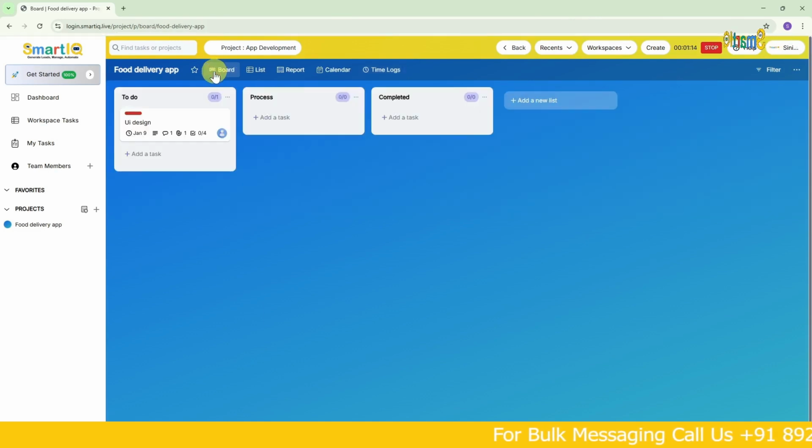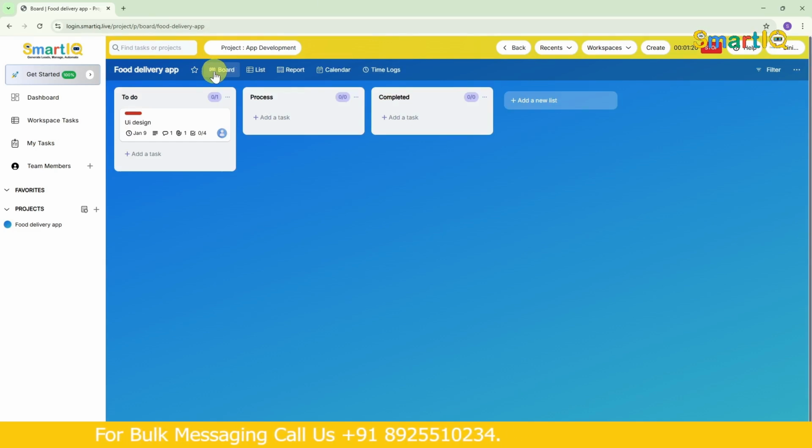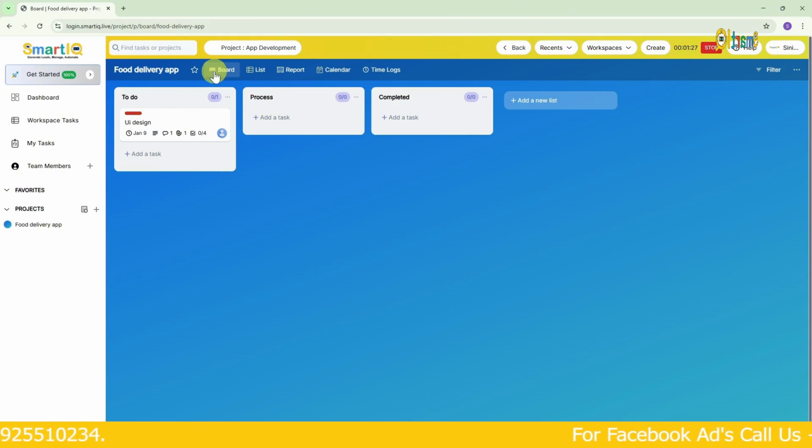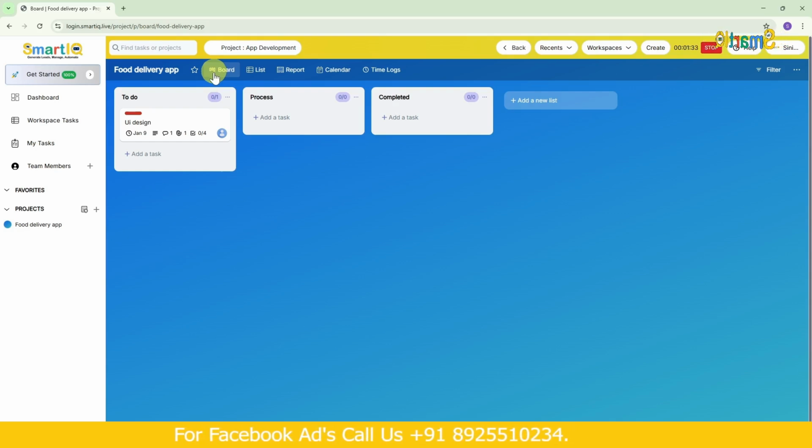So this is it. Overall, what should a normal project management tool do? Now, in a company, we'll have many tools. One tool for projects, a separate tool for communication, another tool for sending bulk messages, a different tool for workflow, and so on. So all of these are combined into this Smart, okay? From here, you can easily get your staff members to sign in. You can do everything here itself.